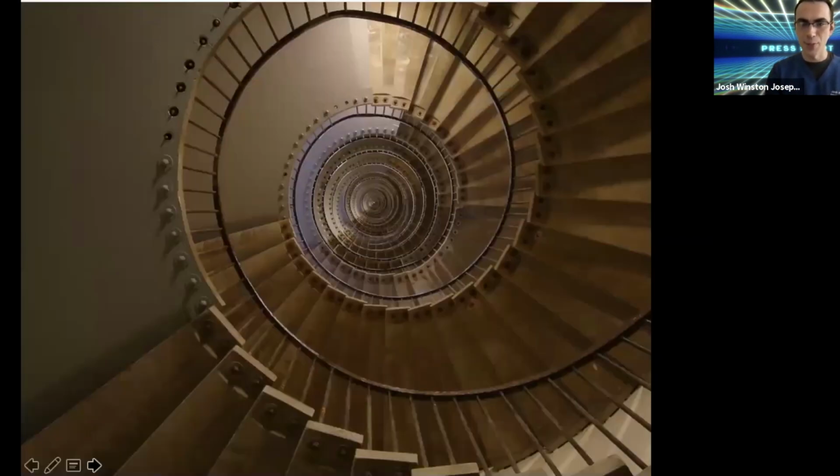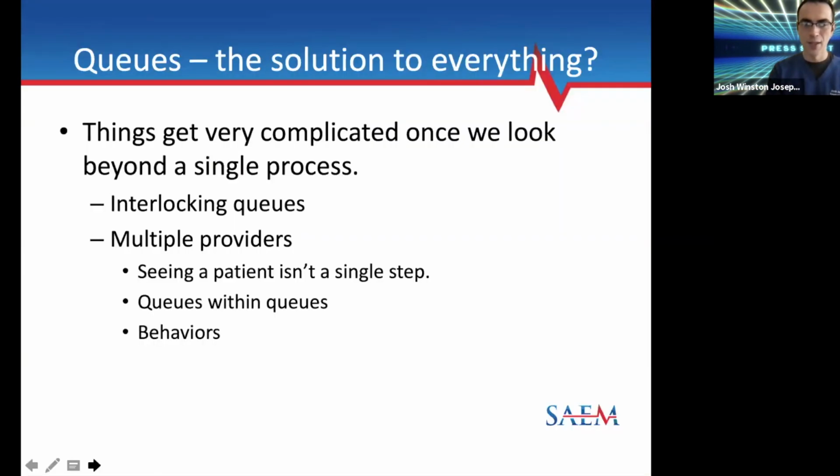But how the hell are we supposed to model this? Again, there's already some complicated math we had to shoot through to get that single queuing calculator. How are we going to do the whole emergency department in one go? And then looking at behaviors, there are all kinds of other workplace behaviors that tend to really mess with those